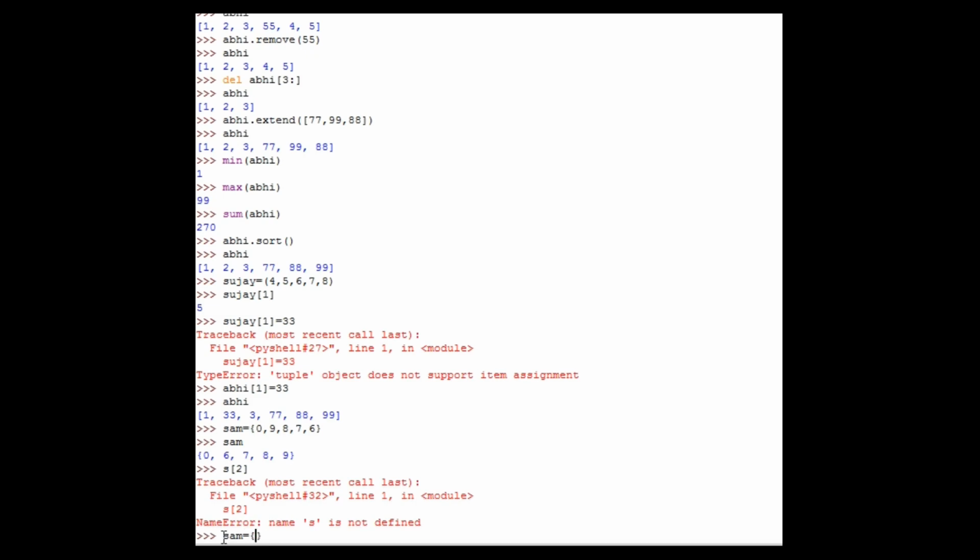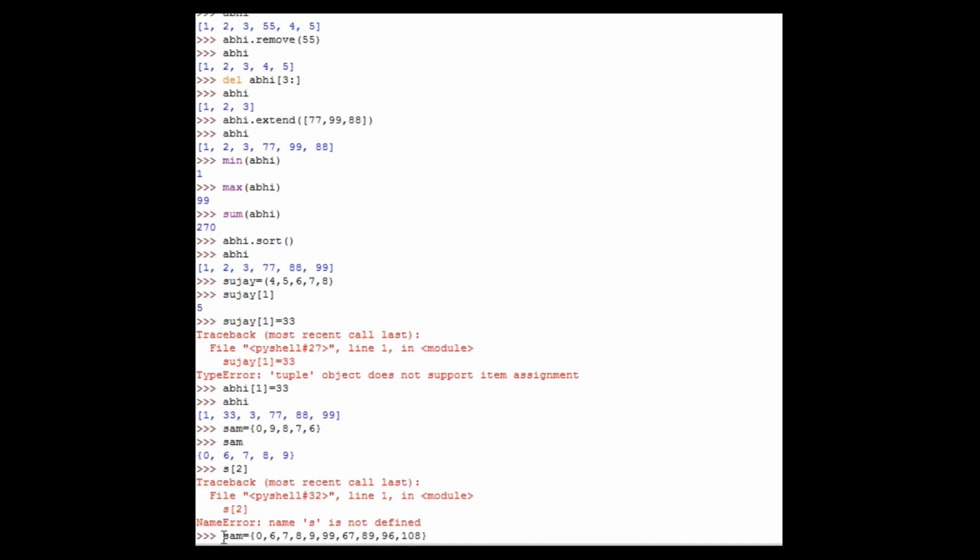You give the same values 0 comma 6 comma 7 comma 8 comma 9, and also you assign some other values, which are 99 comma 67 comma 89 comma 96 comma 108.